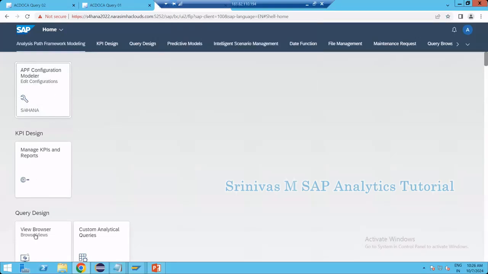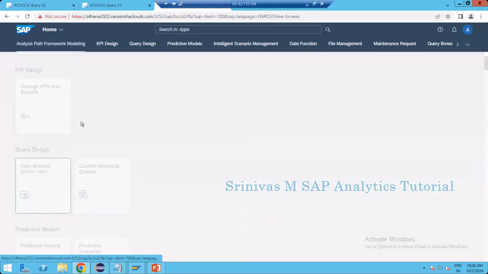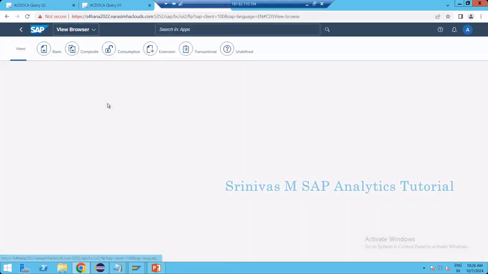For example, you say view browser, custom analytical query. The one which I am saying that we are going to create in coming time is the custom analytical queries. And if you want to see the queries already created, from the view browser you can see SAP given standard queries. If you go into this view browser,